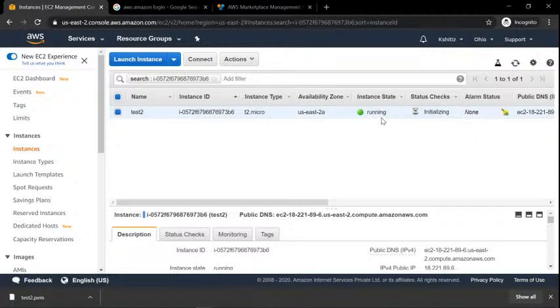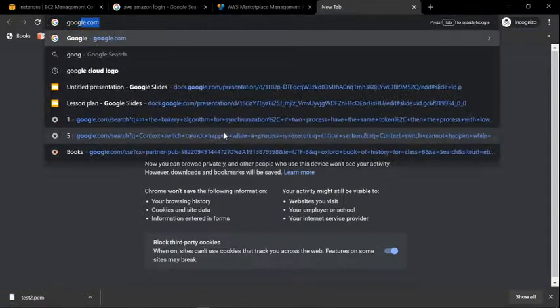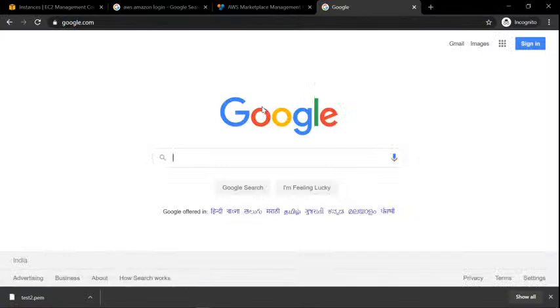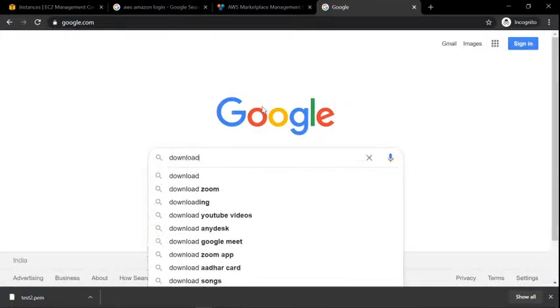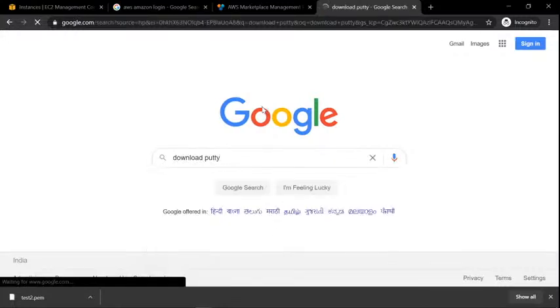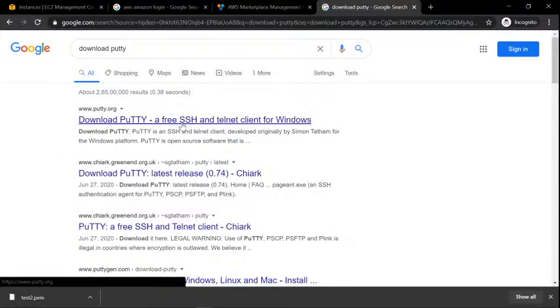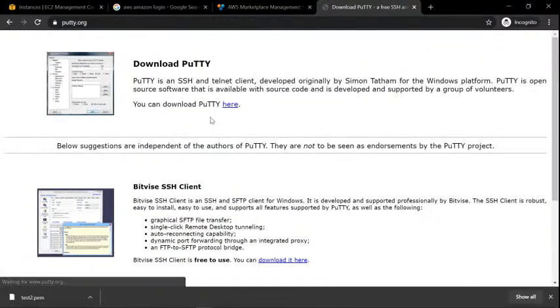So now we can connect to the instance, but before that, what you need to do is download PuTTY software. I'll show you. Just type on Google "download putty" and click over here. Then here inside download putty, click over here,